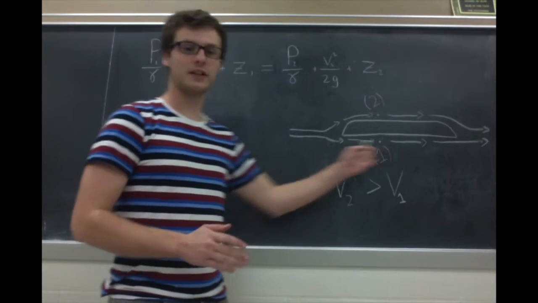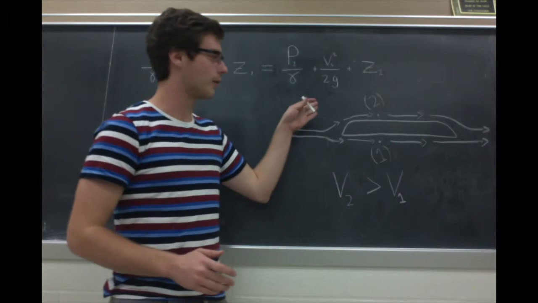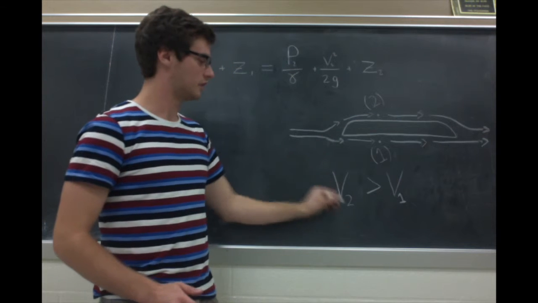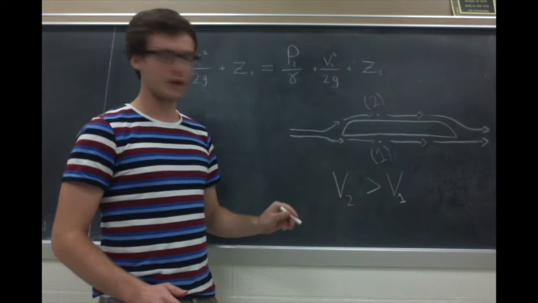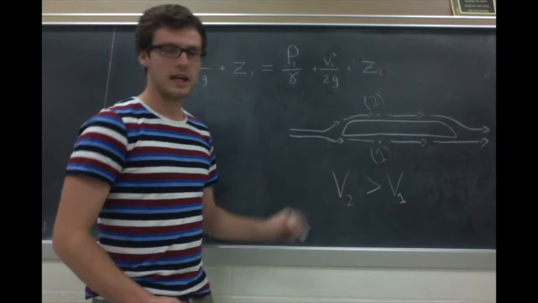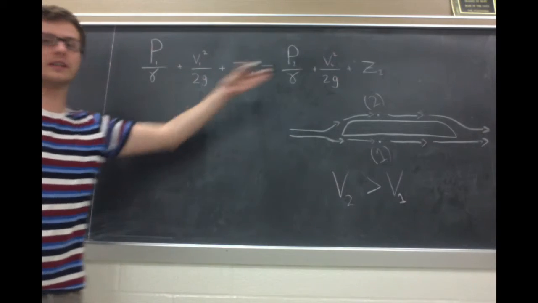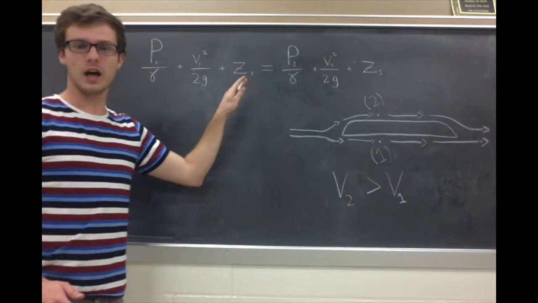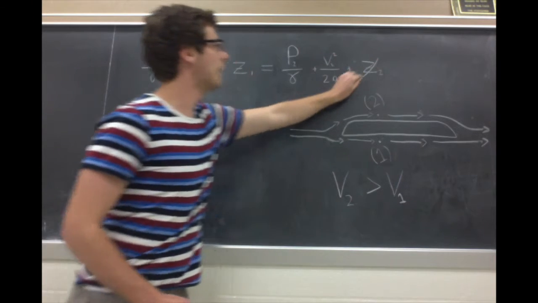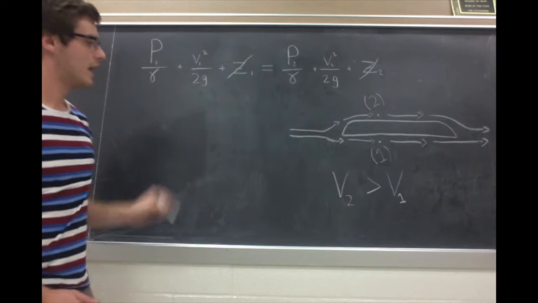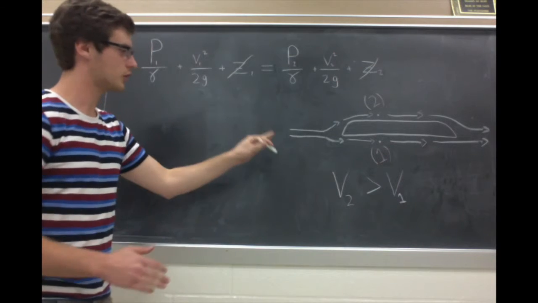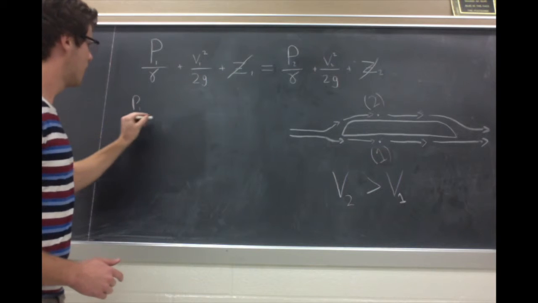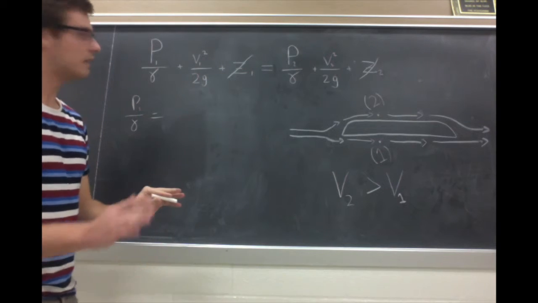So here you can see our frisbee diagram with the air flowing around it. And you notice the curved surface, which causes the velocity on the top to be greater than the velocity through the bottom. And if we go back to our friend the Bernoulli equation, we're going to assume that the difference between the heights, in this case, is negligible. And then if we solve for the pressure on the bottom, by moving the velocity to the other side,